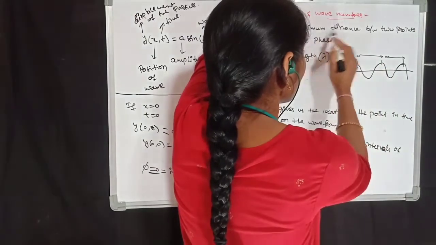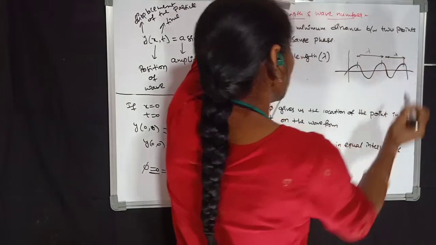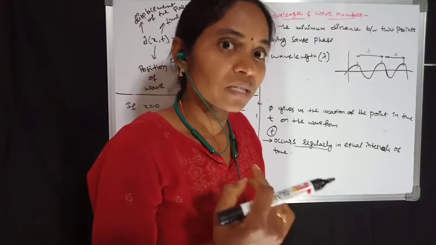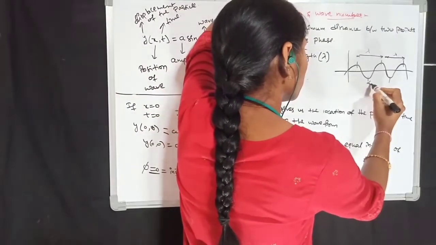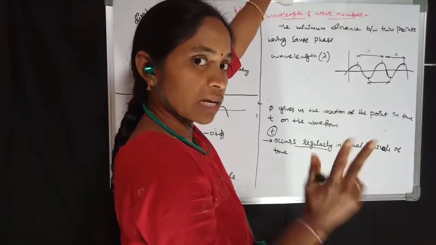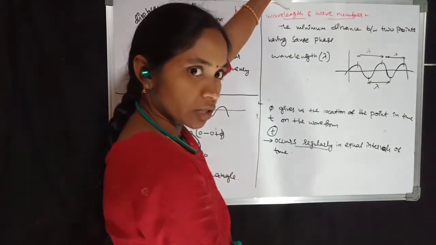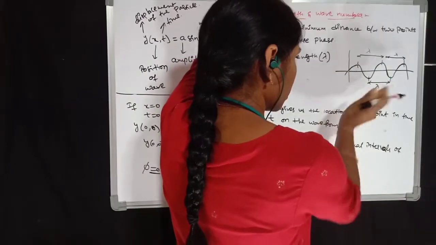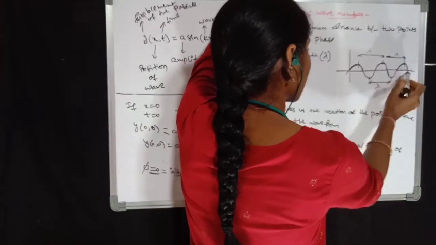And this wavelength is nothing but the distance between these points. The wavelength is the distance between two points where the phase remains constant. You can also observe here that phase remains constant at this point and at this point. Phase will be the same, and this distance is known as wavelength, denoted with lambda. This is wavelength. And observe carefully the upward bumps. The upward bumps are known as crests.